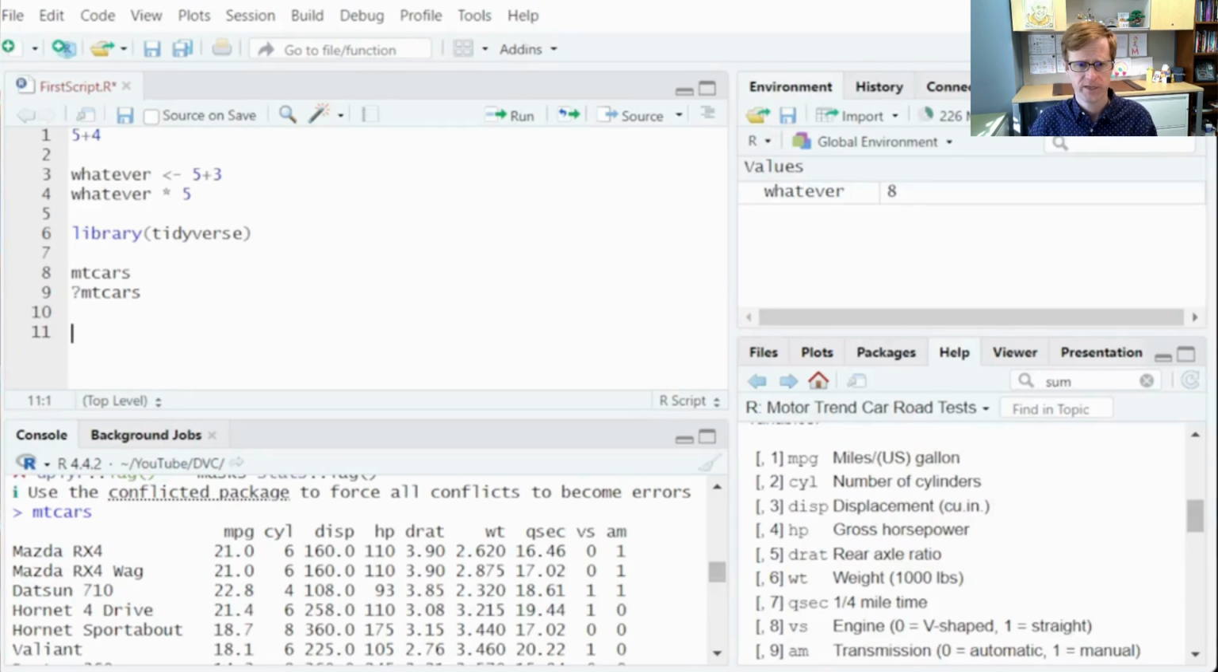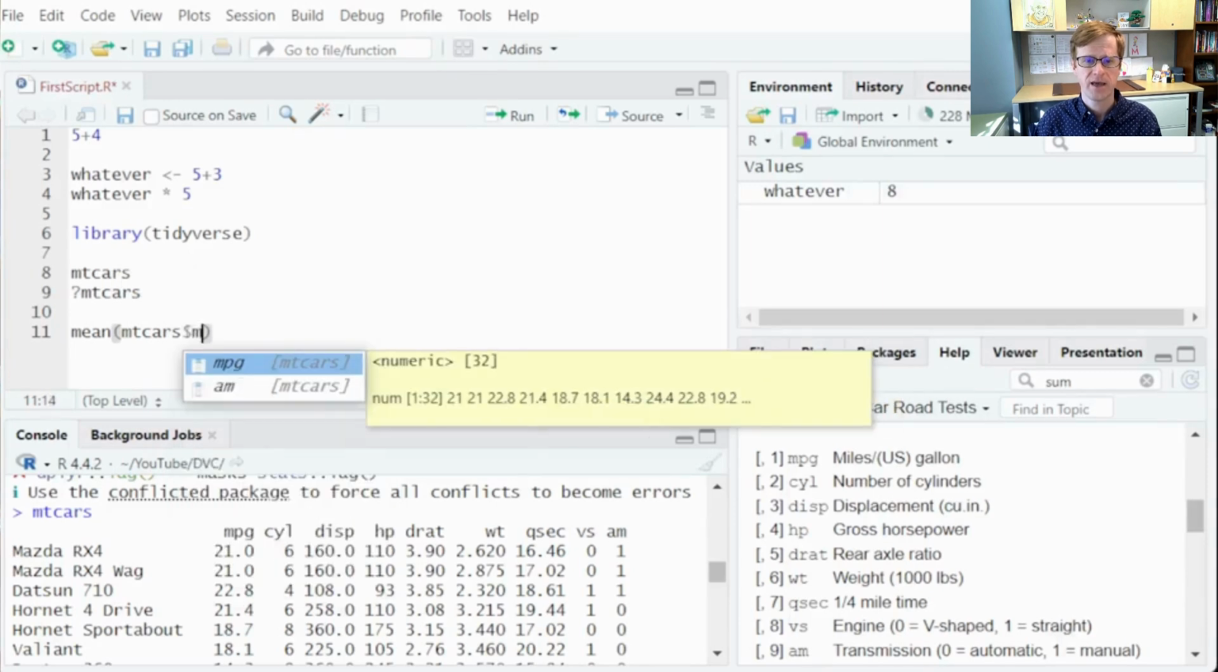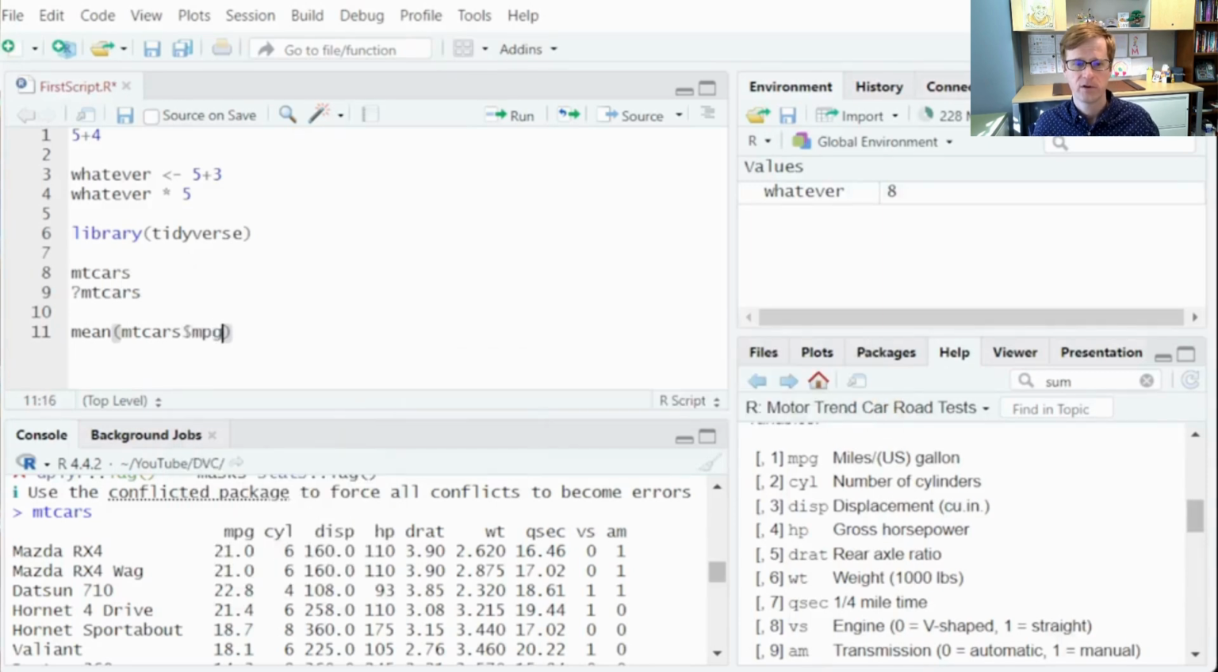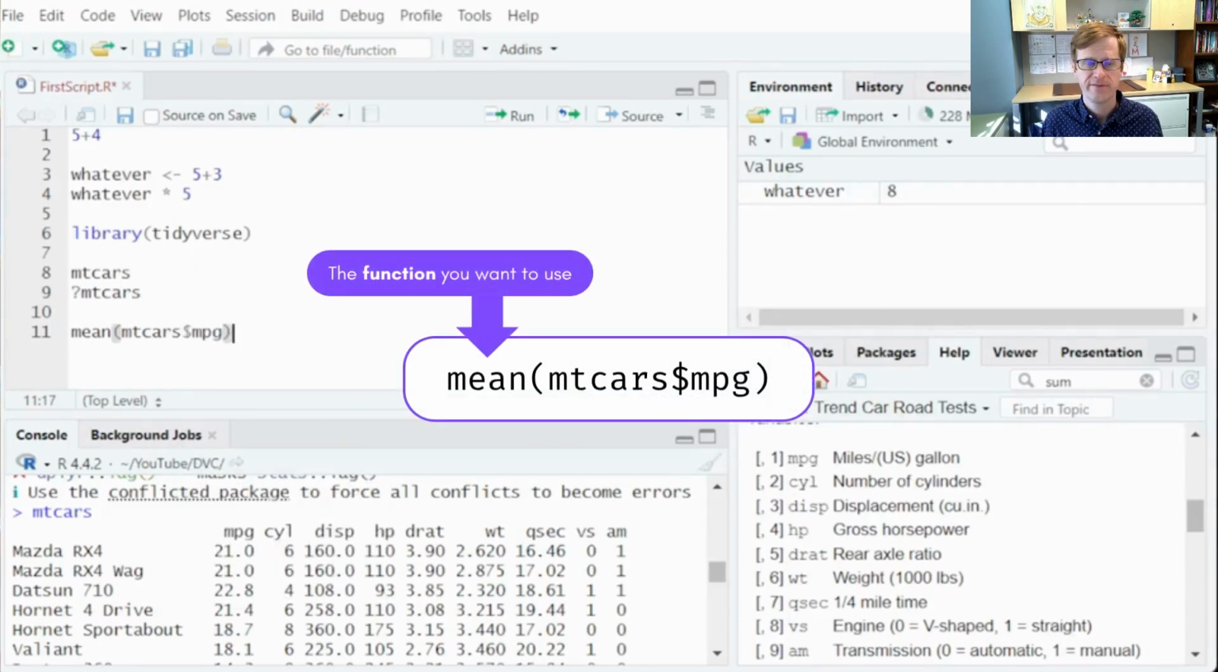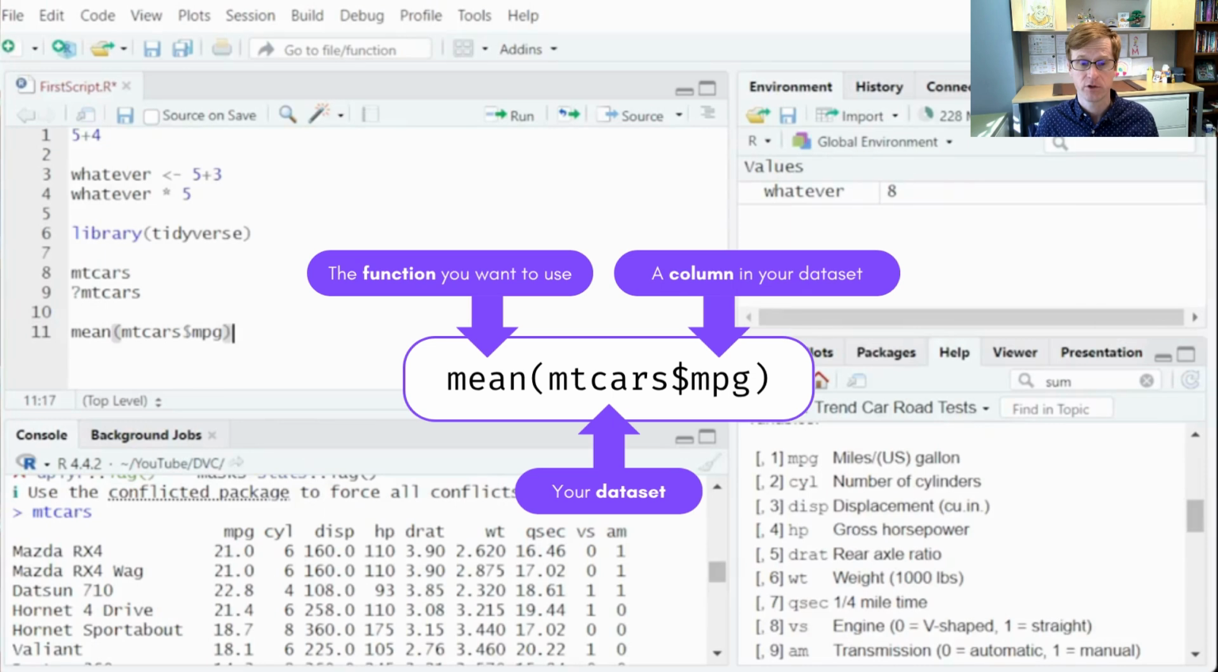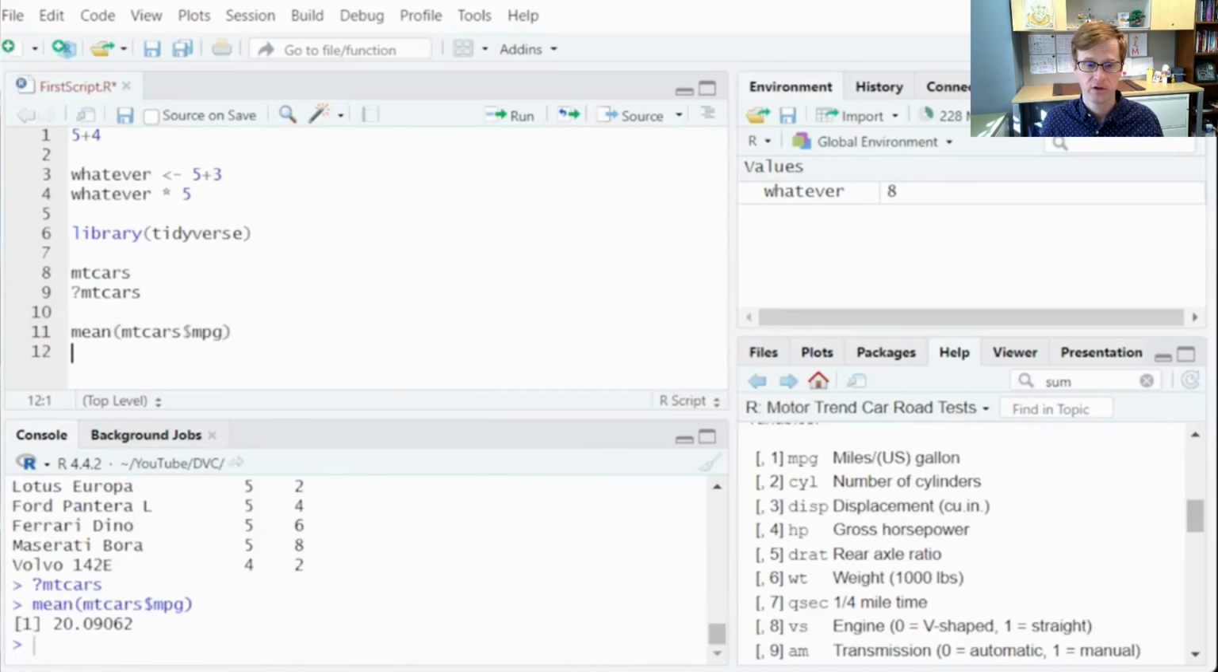Instead, we can just use the mean function. So mean(mtcars$mpg), mtcars, that's the data set, $, mpg is the column. So let's go through this. The mean function says we want to calculate the average. mtcars is the data set we're using. We then put a $, and then mpg is the column of the data set we're using. So when I hit Control Enter, we see that in this set of cars, they get an average of about